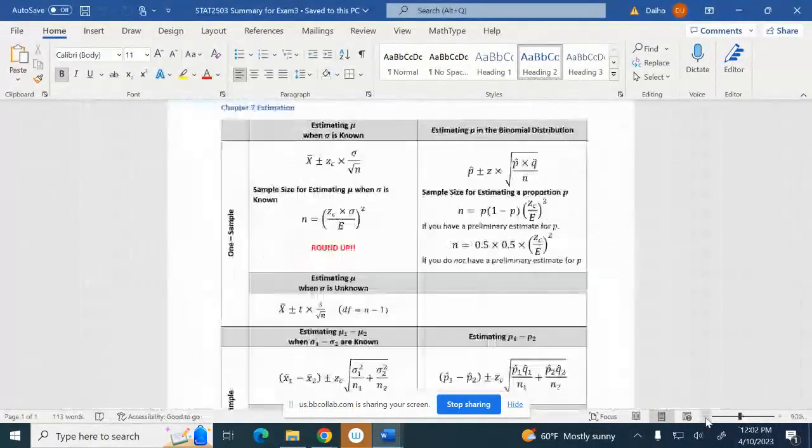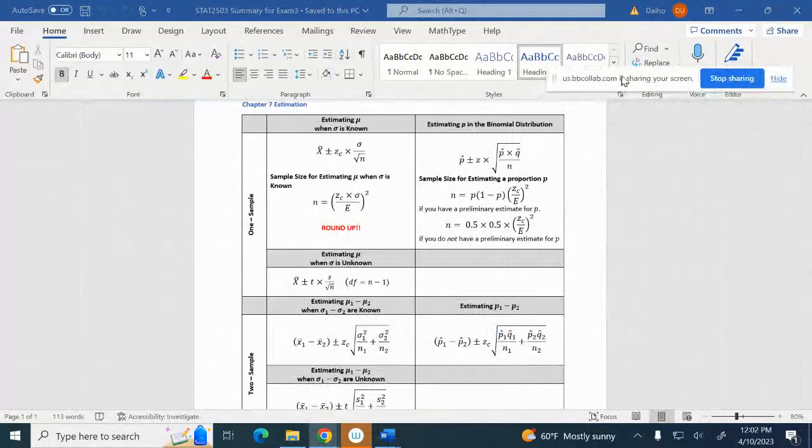I modified the table, so I made it 3 by 2. It looks like that. I already emailed you my summary, but it's exactly the same as this. It's 1, 2, 3, 1, 2, and 3, right? Today we are going to discuss the last one. It's 1, 2, 3, 1, 2, 3, right?